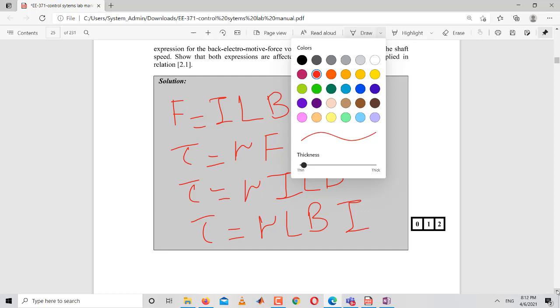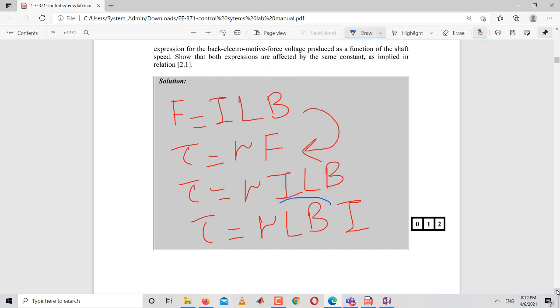And if we identify this term to be constant, because there is a specific value of R, the length of the conductor is fixed, the strength of the magnetic field is fixed, so we can replace it with some constant K tau, or any value K. You can write any constant here. So you see that tau is directly proportional to the current passing through that conductor. Okay, this is the first part being asked in the first question.